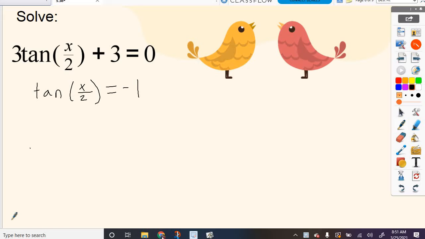So the first one was when we were doing tangent, we got our tangent by itself, and we got -1 on the right-hand side. And then when we were looking at where does tangent equal -1, we got 3 pi over 4 and 7 pi over 4. And I think I added 2 pi as our period there. And that was my mistake, because remember that tangent actually has just pi